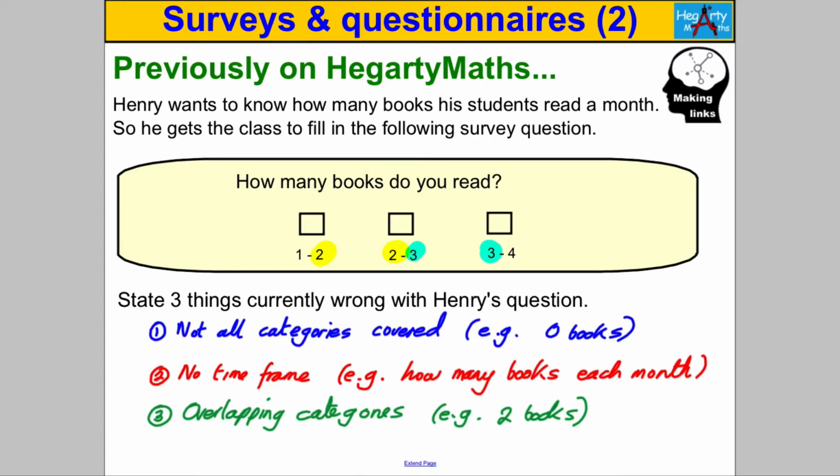It just says how many books do you read. It doesn't say a month, a week, a year, etc. And there's overlapping categories. Which box do you tick if you read 2 books a month? Which box would you tick if you read 3 books a month? Okay, so we're going to do some more questions a bit like this, but in a slightly different scenario,